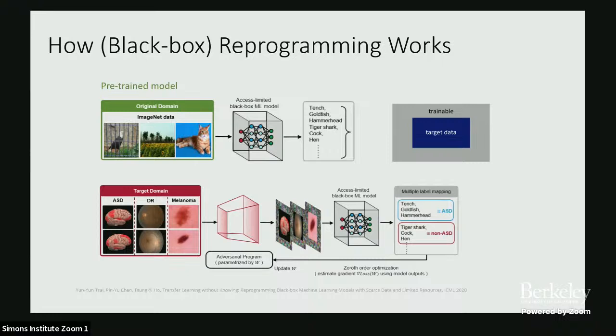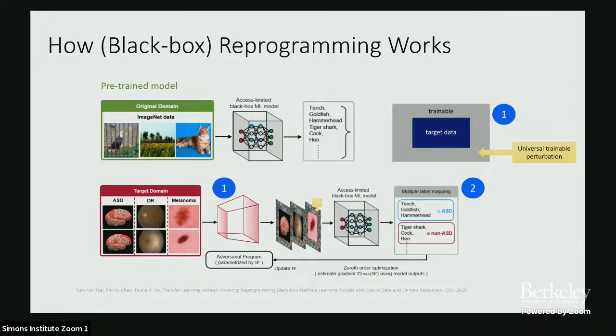So there are essentially three steps. The first step is the input transformation step. We put the target data at the center of the inputs of the pre-trained ImageNet model, and we also leave some boundary as a trainable parameter, some sort of input transformation that is trainable. And then we get a transformed data input for the target domain. The next thing we do is pass the data to the pre-trained model. And of course, the predictions of those transformed data inputs will be on the ImageNet class label space.